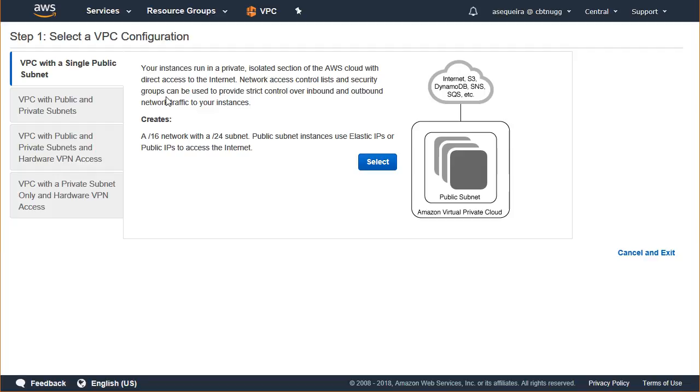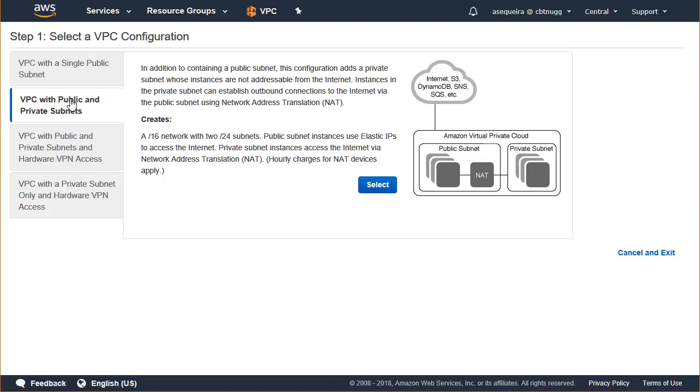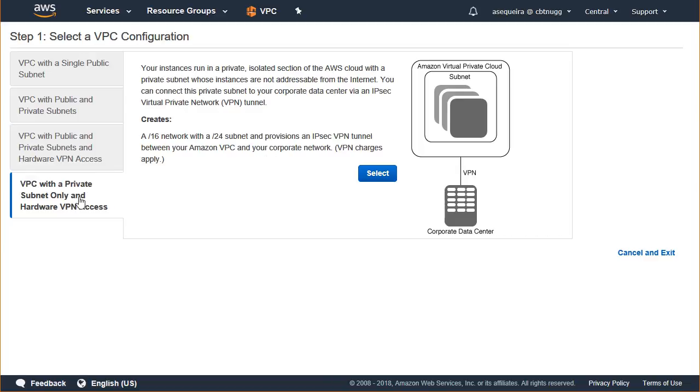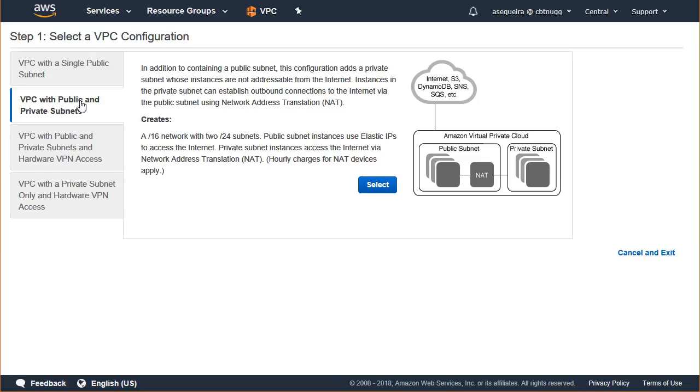But we're going to use the Start VPC wizard in order to step through the creation of a nice VPC infrastructure. Notice we could do single public subnet. We could do public and private subnets. We could do VPC with public and private subnets and hardware VPN access, or finally a private subnet only with the hardware VPN access. What we'll have automated for us here is this one, a VPC with public and private